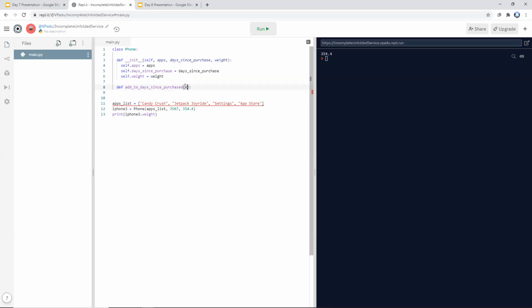So then we need our self keyword to access our days since purchased value. And then we're going to need our, let's call it increment value. So this is the amount we're going to change the days by. So what we'll do is we'll press enter, tab in, and we'll call self.days since purchased, and then we'll add, so plus equals, which adds and sets the variable to increment value. So now if you have this function set up, this will take in the parameter and add it to